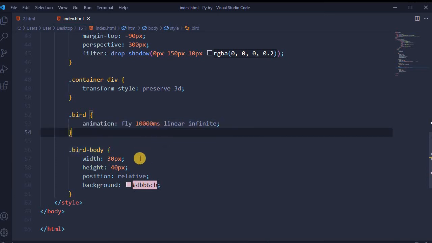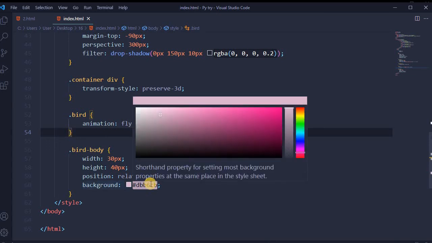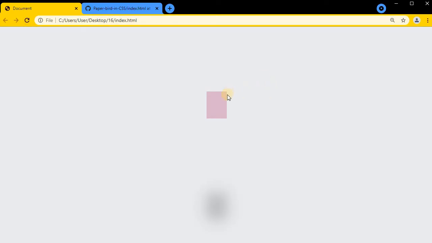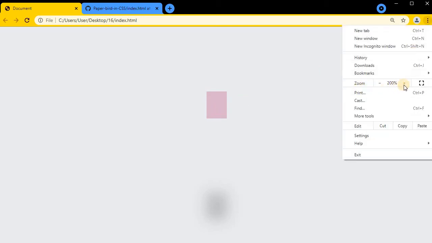For bird body, width will be 30 pixels and height will be 40 pixels with a light pink background color. For this project, I've selected only pink shades. You can choose any color combination that you prefer. After loading the page, the bird body displays correctly. I use zoom 200% because the bird by itself will be so small that it will be hardly visible on the screen.